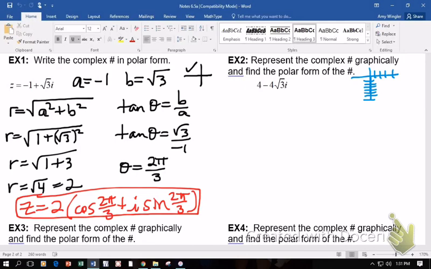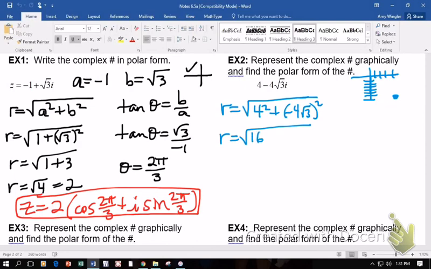tick marks. The bottom line right here is that you understand you're in quadrant 4 when you get theta. So using your formulas again, you know r equals the square root of a squared plus b squared. 4 squared is 16. Negative 4 squared is 16. Radical 3 squared is 3. So you get r to equal the square root of 64,